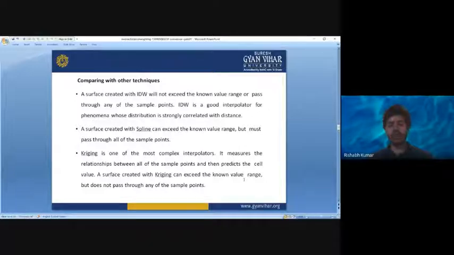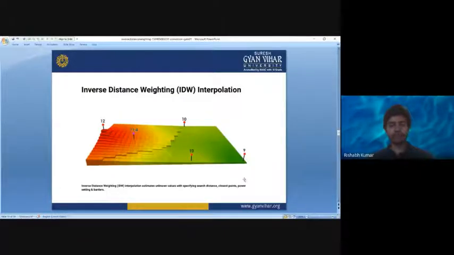But how it differs from spline is that in kriging, it is not necessary for the interpolated surface to pass through any of the sample points. Okay,